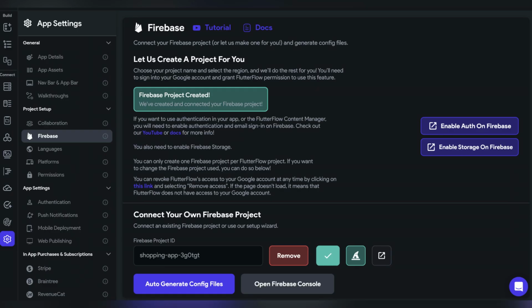Test the connection. In the agent chat, type commands like Show my Firestore collections, create a new user in authentication, deploy to Firebase hosting,